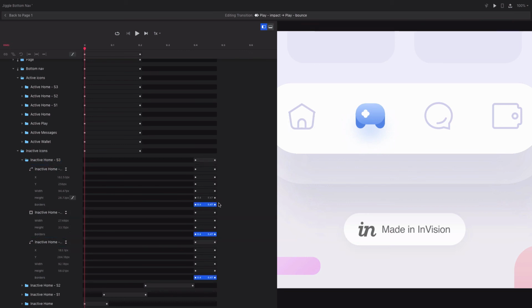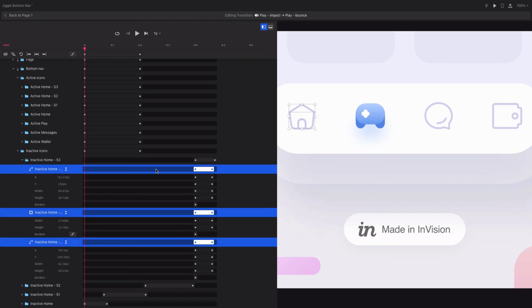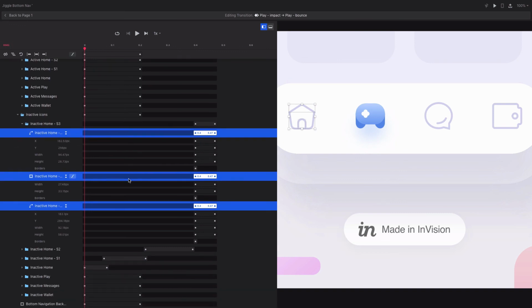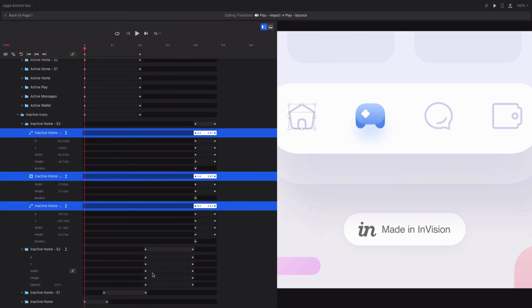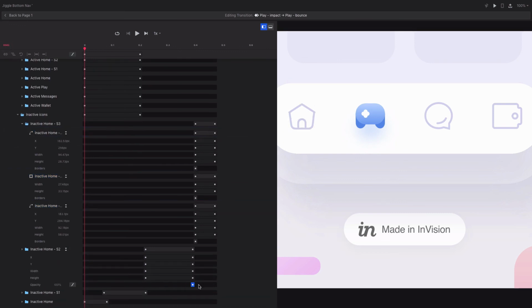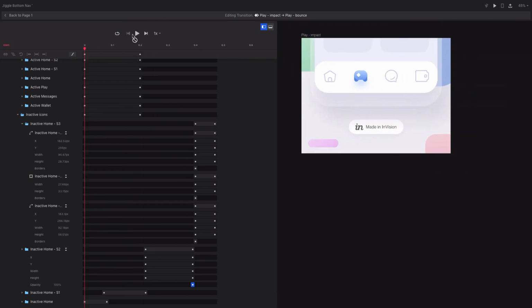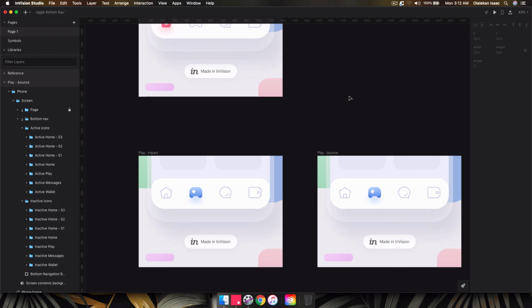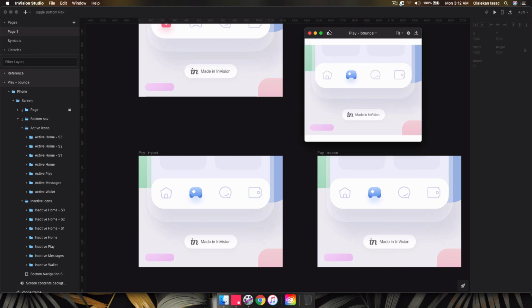The reason why the borders here are not filled is because the elements themselves don't have fields, but they are colored with borders. That's why we are using the borders. But for some element that only has fields, the fields are what you're going to edit. See here, that's it. It's bouncing the way we want it to bounce. So if I play it now, you see it's working. So basically that's the idea,